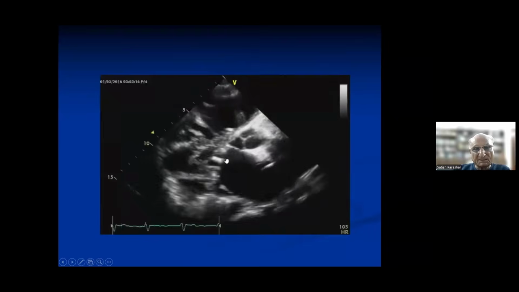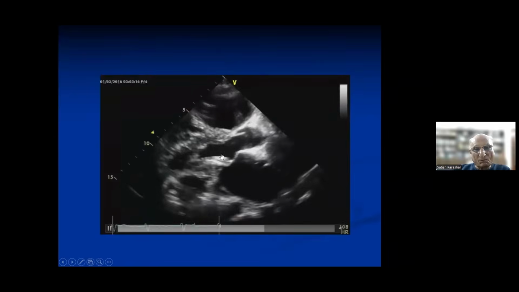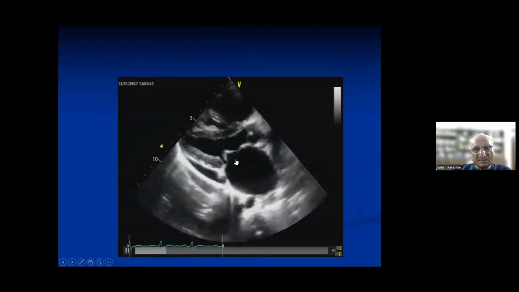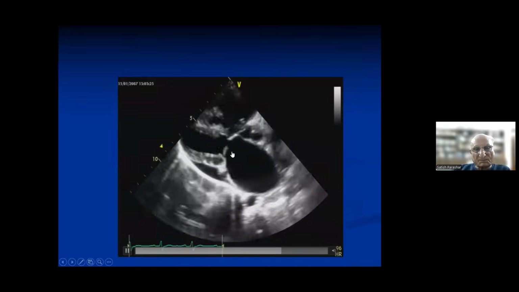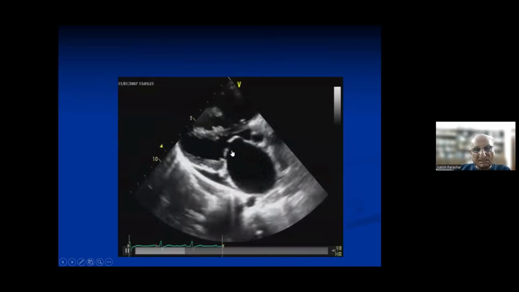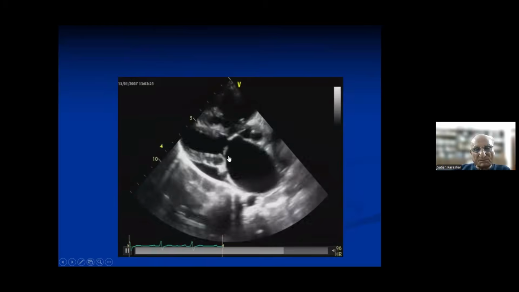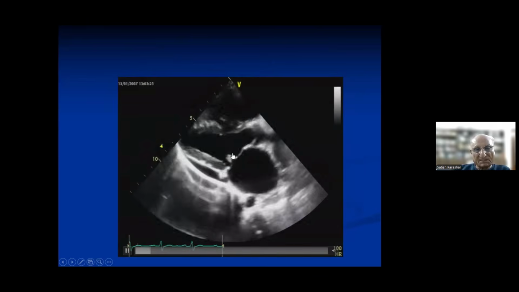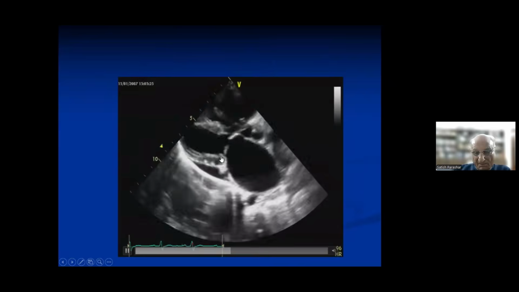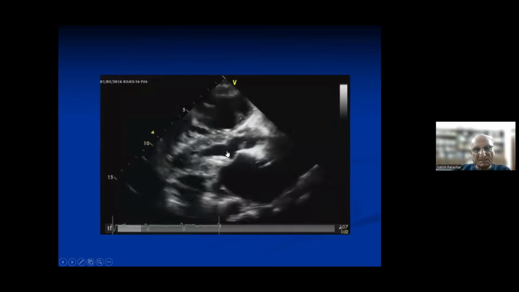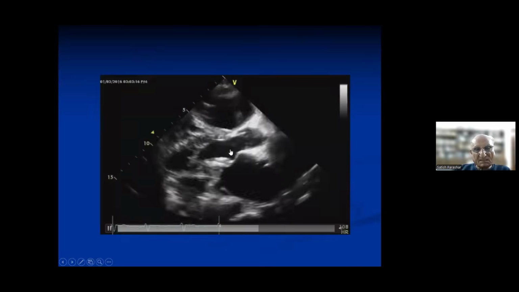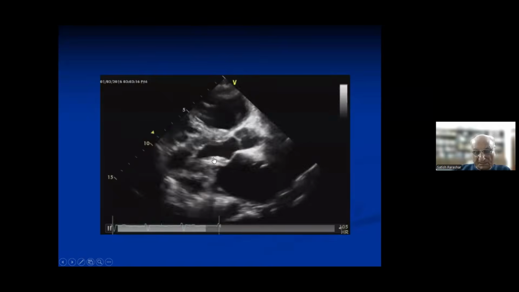Now see here, as the disease progresses, the opening becomes much less, because as the disease increases, the valve thickens and becomes less mobile. So here you can see it is still somewhat opening, and the posterior leaflet is moving toward the anterior leaflet, as we showed you in the M mode echo also, because there is fusion of the cusps and the chordae. Now as compared to that, there is more thickening of the cusp, and hardly any motion of the posterior cusp, which means it is more than mild.